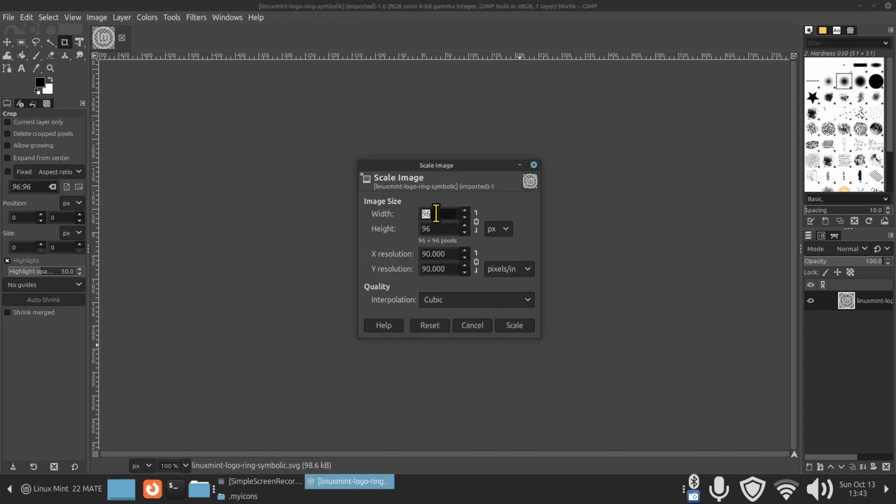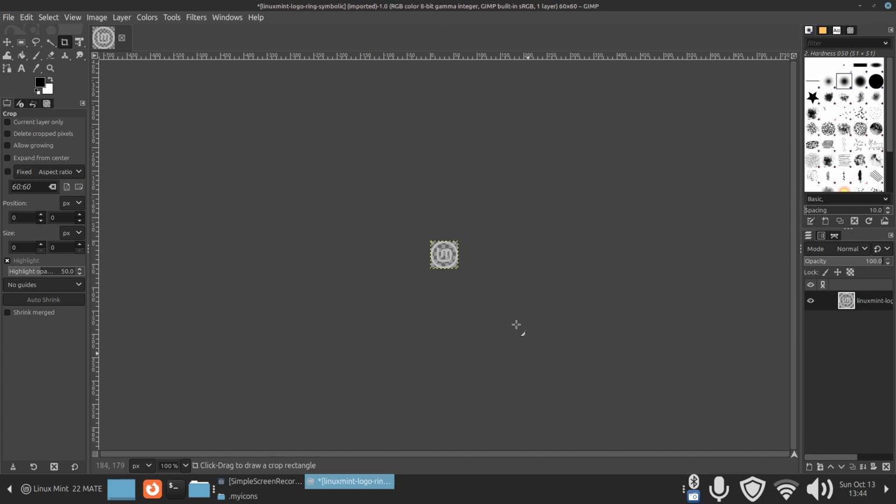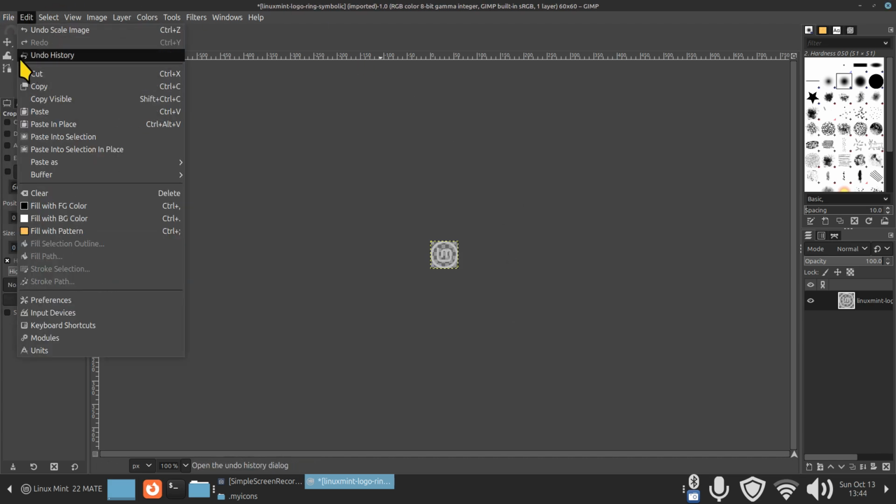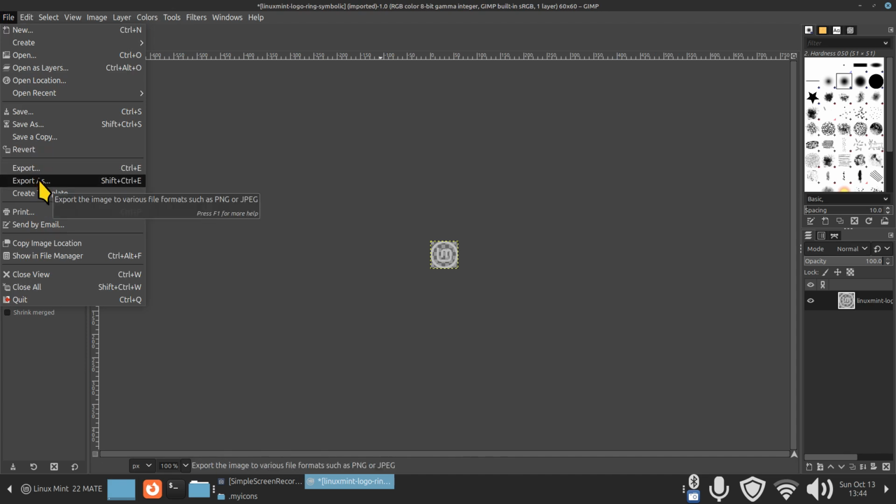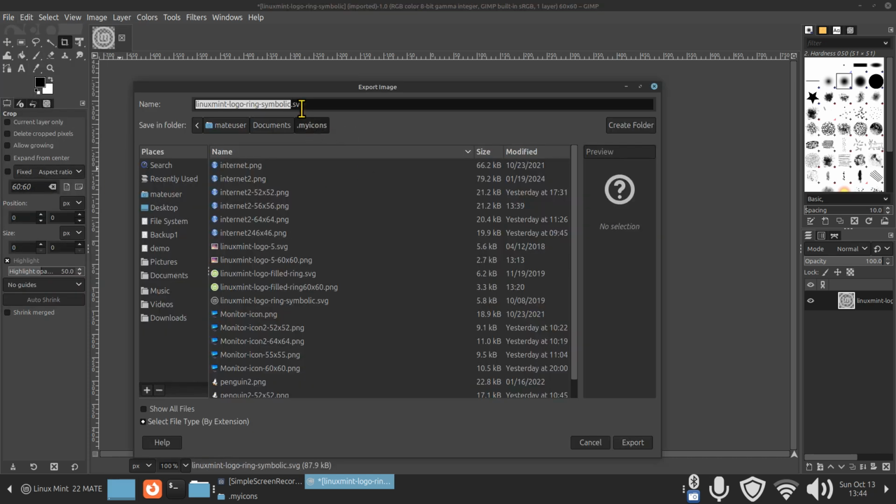64. Let's call that 60. I think that'll be plenty big. Keeping the link on, it changes both numbers. Don't forget to hit the scaling. And now you can export or export as. Just make sure that when you export this, you do change that